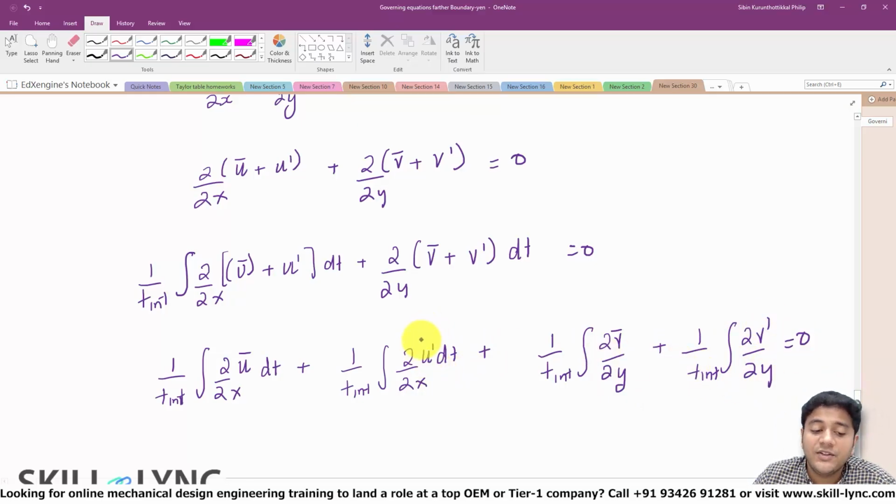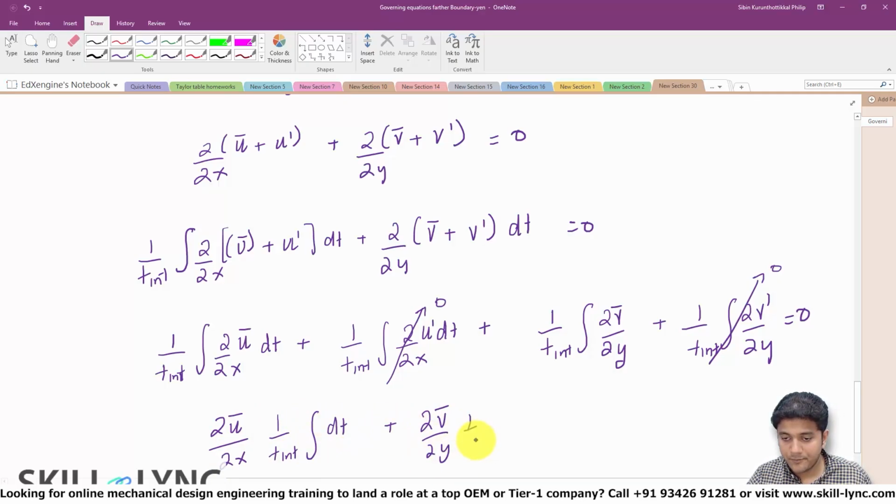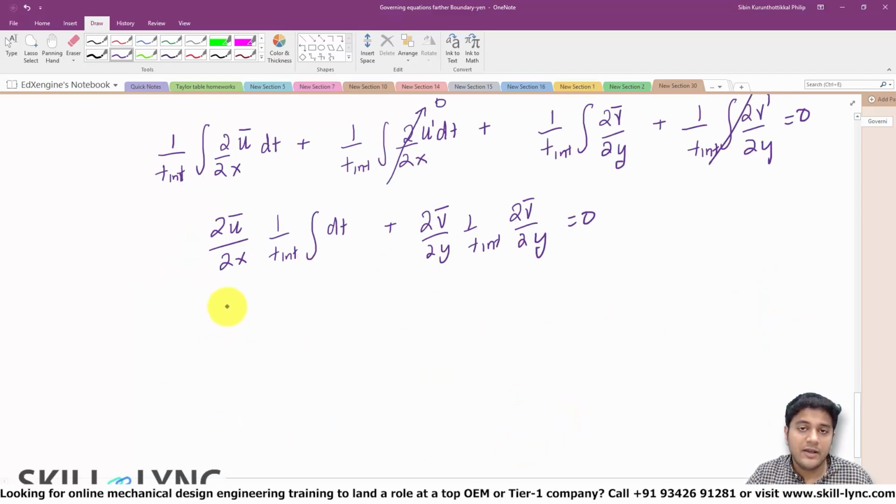Okay, so it's quite easy to see that anytime we take a time integral of the fluctuating component, that is going to be 0, right? So these tend to cancel each other. And your u bar is not a function of time, so I can actually take these derivatives outside. And now if I apply the limits for the integration,